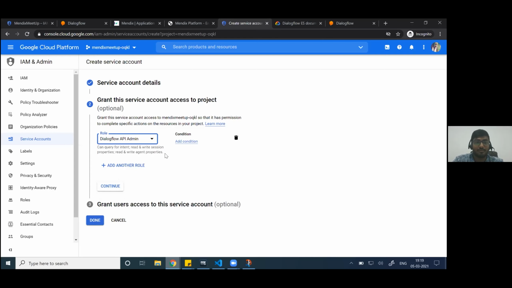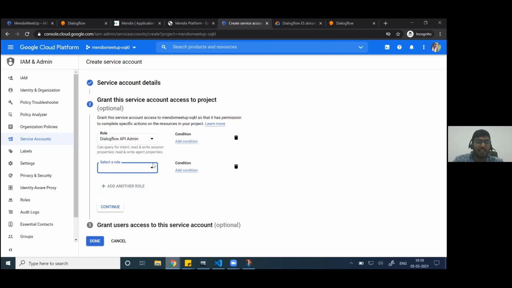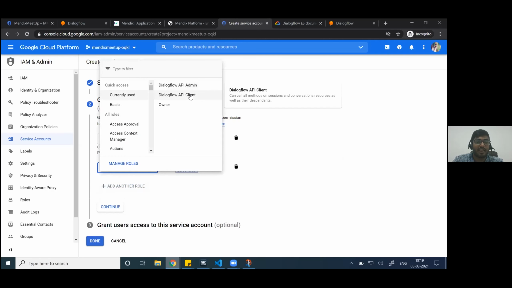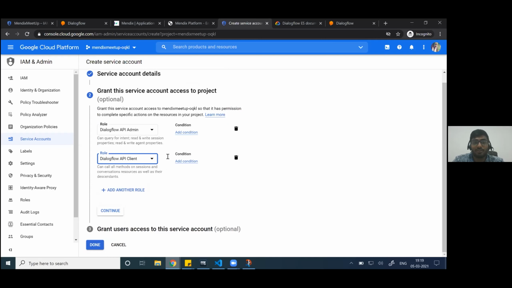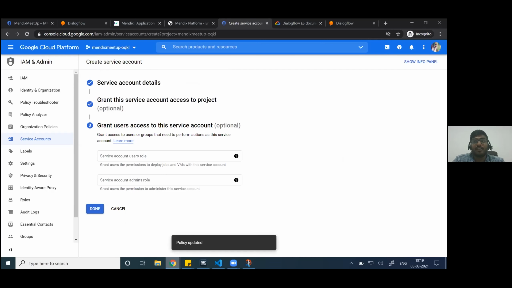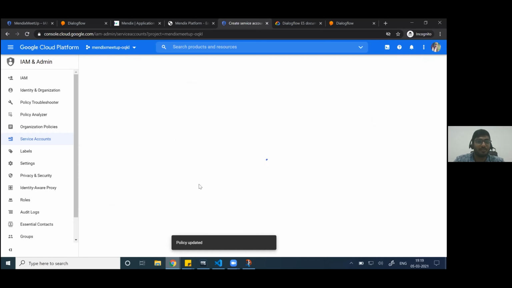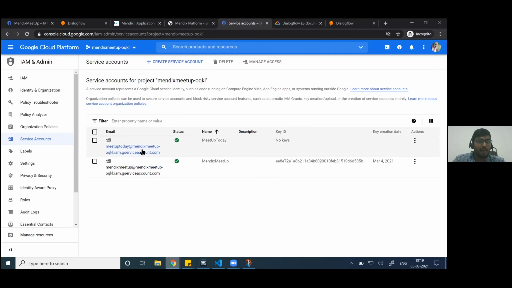If you click on add another role, the other role gets added, client. So now we successfully added two roles, and then if you click on continue, these are steps we usually do in every software installation process too. You can see meetup today at the rate of Mendix meetup. Okay, the service account has been created. If you click on this,